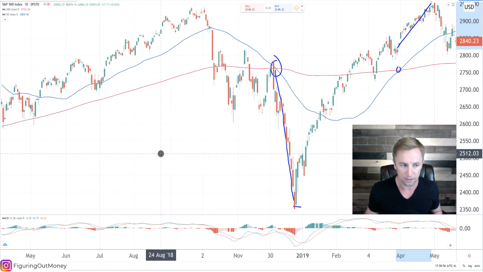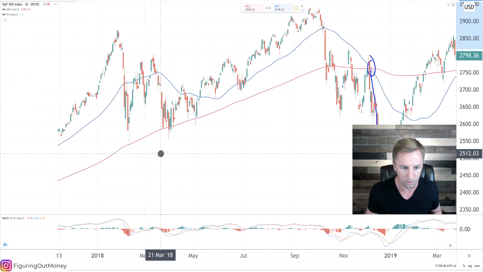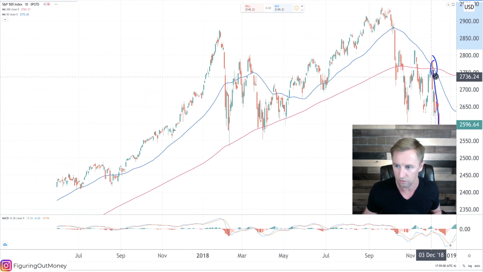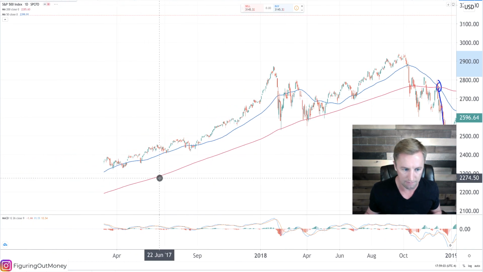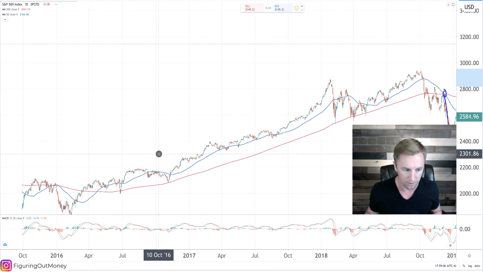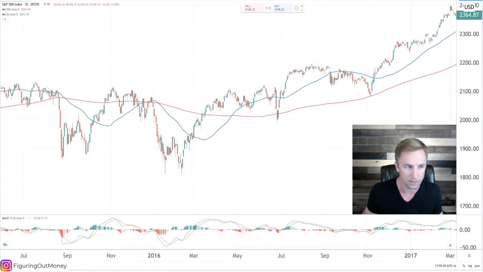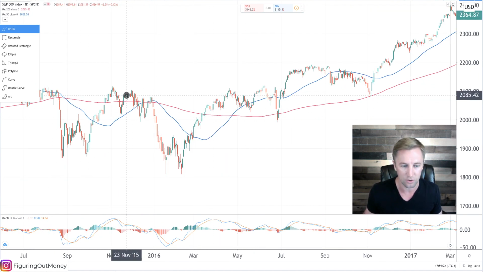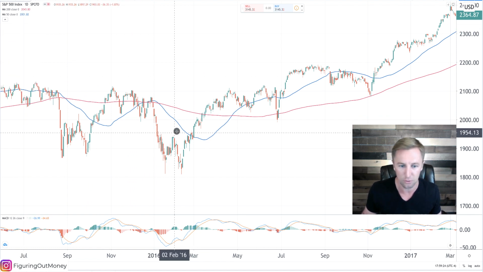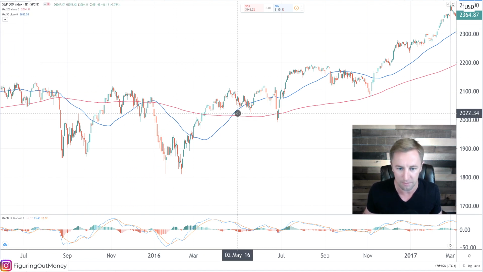And now let's go back a little bit further just to see if there are any more interactions between these two moving averages on the daily time frame. Now we're going back pretty far. Up right here. Okay. A couple times actually. And notice how on the death cross, it doesn't stay too long underneath it, but we had the golden cross here, and the price moved down to the